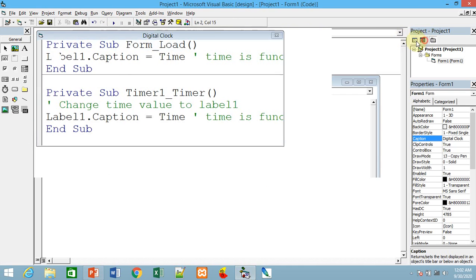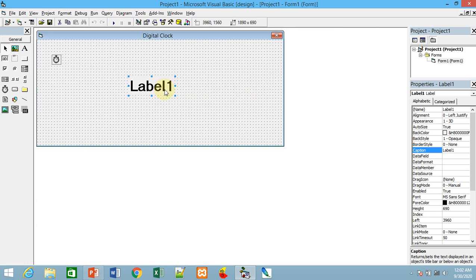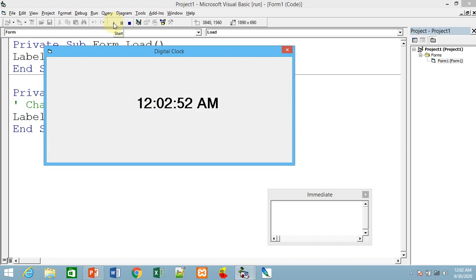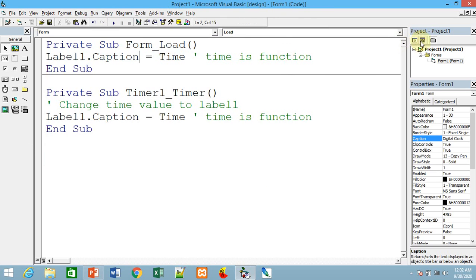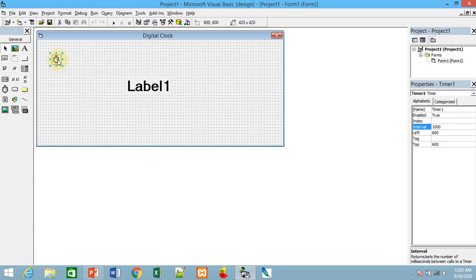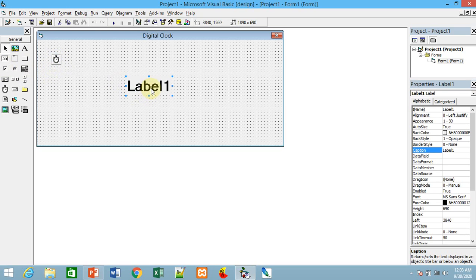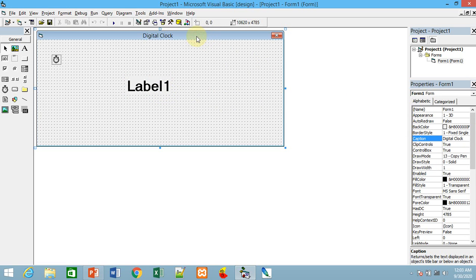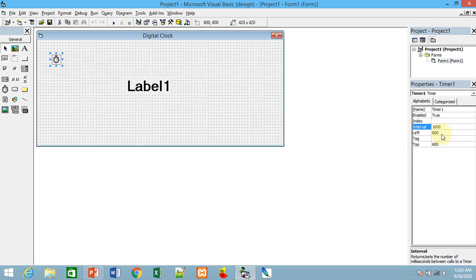So align it in a particular place, make it here at center or something, okay, and so this is the digital clock, nothing else. So what exactly we have written is very simple. First of all, in the design, we drag and drop and place the timer control. This is the Label1 control, of course, and we have changed the font size and AutoSize equal to True, of course. Form caption property has been changed, border style has been changed, then timer interval has been changed to